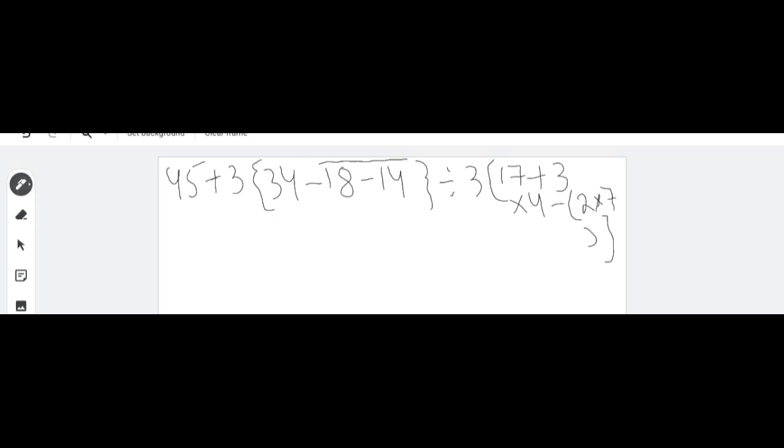If we have a question just like this, you have two expressions. This is also an expression, this is also an expression. These two expressions are differentiated by the divide sign. Solving these two expressions collectively will be difficult and a bit confusing for you. So we have to solve the first step, then the second step. Before that, we have to follow the BODMAS rule. Then you have to solve this expression first, then this expression, then at last just divide these two answers. Okay, I will move to the next page.